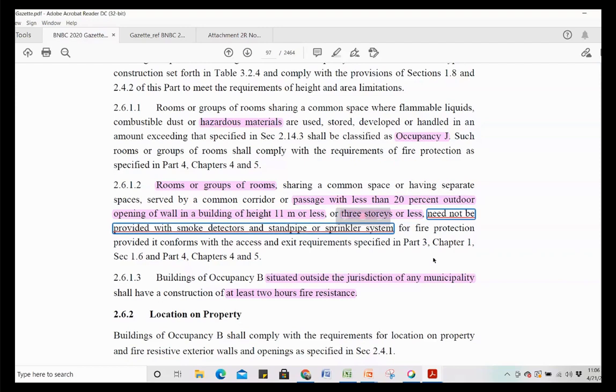So as we can have an idea from this highlighted segment, buildings of height of 11 meter or 3 story may not need smoke detectors and standpipe or sprinkler system. This is an exemption